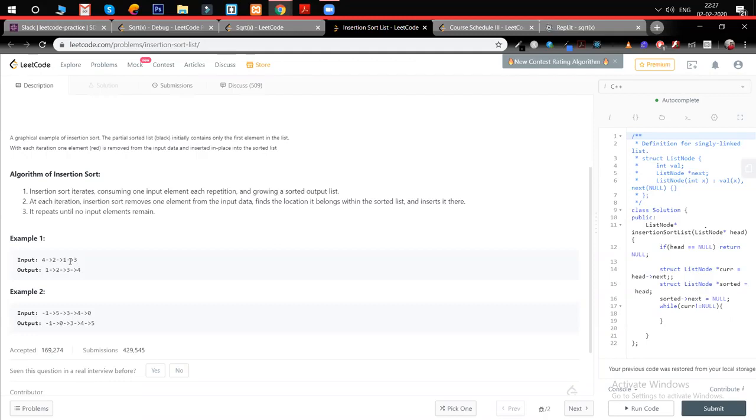Okay, so we have to write three. Yeah, I was talking about inserting in a sorted array. So there's no linked list there, right? Inserting in a sorted array. Oh, okay. I guess I said it wrong. Insertion in a sorted linked list.